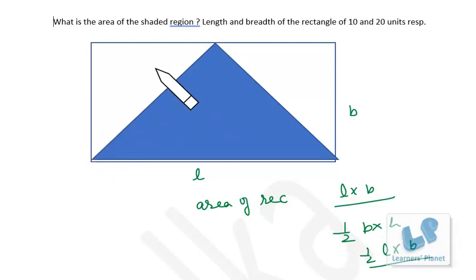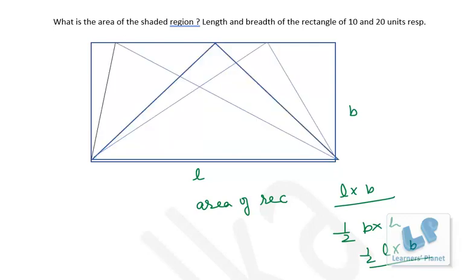Now it really doesn't matter what is the shape of this triangle. You can draw the triangle like this. Just a moment. As I was saying, it doesn't matter what is the shape of the triangle, right? If triangle and the rectangle share the common base, then whether we have this triangle or this triangle or this triangle, the area will remain the same. That is half of the area of this rectangle. Okay, so no need to go for any sort of lengthy calculation, nothing has to be done.